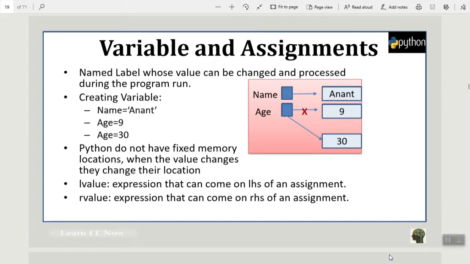Variable and assignment. So what is a variable? A variable is a named location in the memory of a computer. In Python, if you want to create a variable, we just need to write the name of the variable equals to the value of the variable. Like here, if we say that age equals to 9,